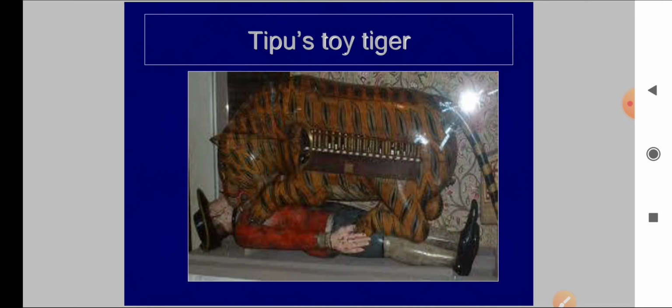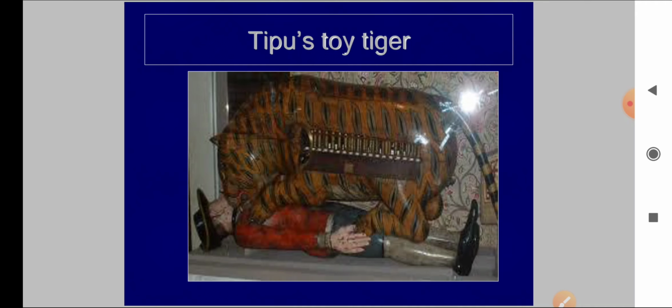In 1790, during the period of Lord Cornwallis, the third Anglo-Mysore war was fought. The first was in 1767 to 1769, the second was 1780 to 1784, the third was 1790 to 1792. So in this battle